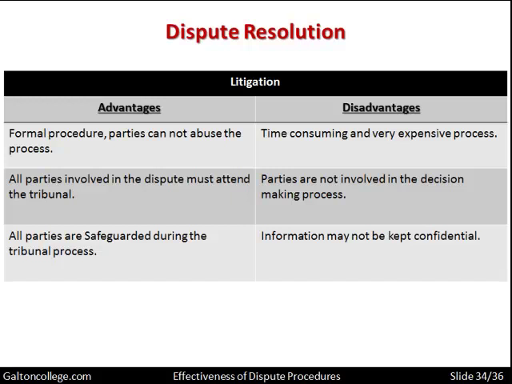The information may not be kept confidential. We live in a relatively open society, and therefore the information that goes before tribunals may be released into the public domain, and therefore the effectiveness of the cases presented will also be open to scrutiny. So that, for example, the trade union's case will be known by the membership, who will then judge whether the trade union made a good case or not.